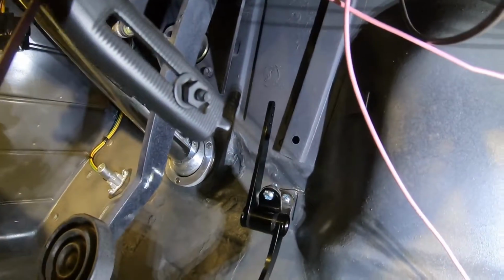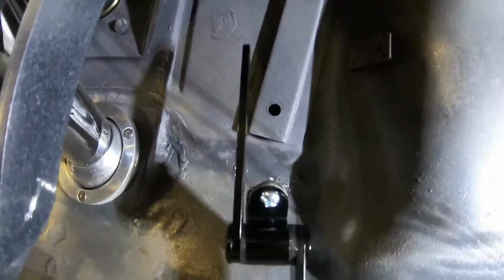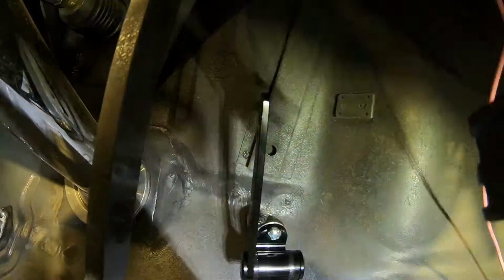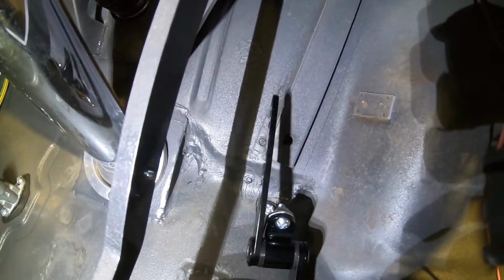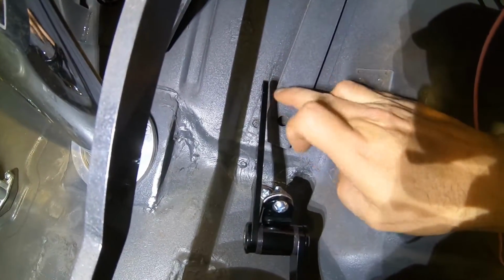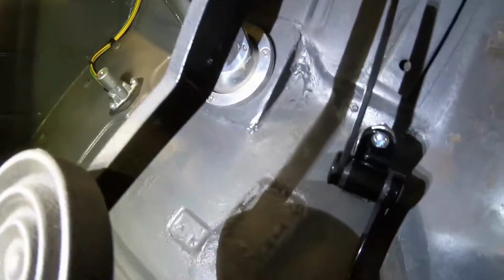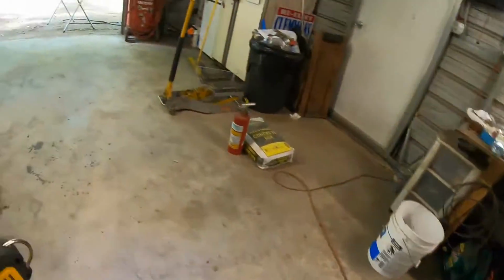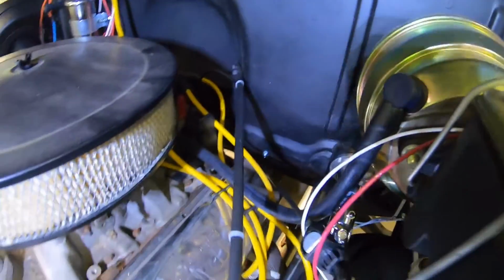To the point now where I also had to angle it so that hopefully it ain't going to hit. This is terrible lighting. Get some better light. But anyways, I'm trying not to hit this right here. I'm hoping if I angle it just right, set this little cam switch just right, I can have it up a little bit higher, poke through the firewall. Here's another issue that I've got to address. Well, I don't know if it's an issue yet, but